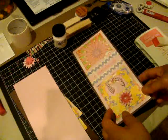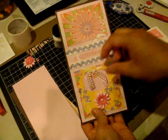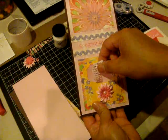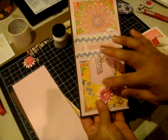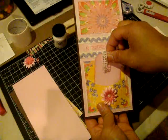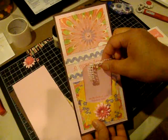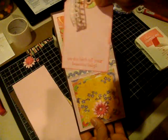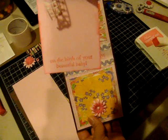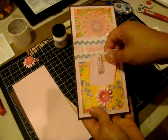I'm going to be giving a tutorial on how to make this card. One of my son's teachers is expecting a baby girl in August, so I thought I would make her a little baby card. It basically says congratulations, and you pull the tag out and it says on the birth of your beautiful baby. So let's get started. What you're going to need is